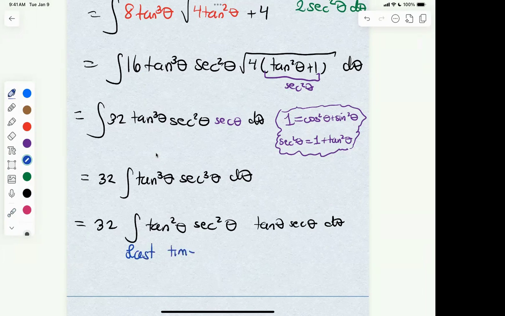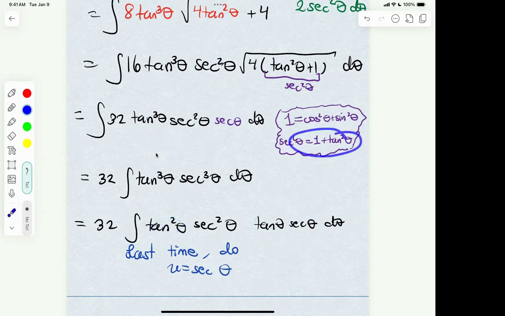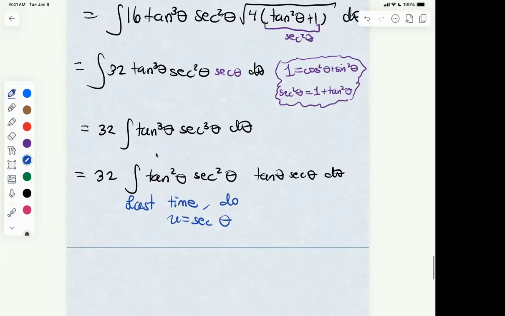You do a u sub where you call u equals secant of theta in this case. So that way this would become du, and then you write tan squared using this formula. Again, it is the last example from the PDF, so I don't want to redo it, but if you do all of that, you'll find